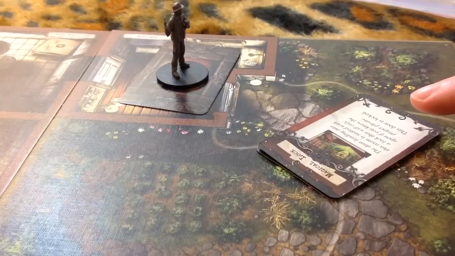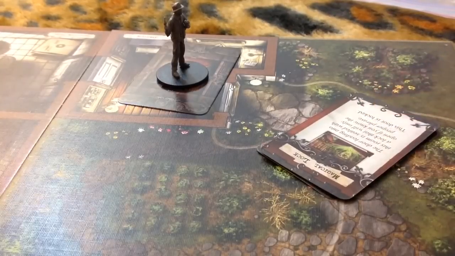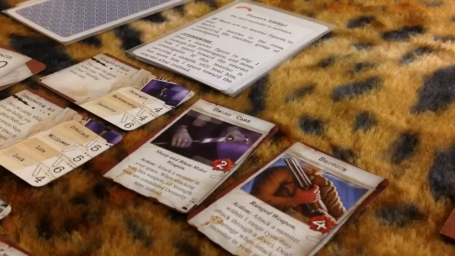Clue 1 tells you what your ultimate goal is. We need to find Clue 1 most of the time in order to finish the scenario. We know that that's out in the garden, but we need to find the magical passphrase to open that door before we can enter the garden. Okay, so that ends our third investigator turn,